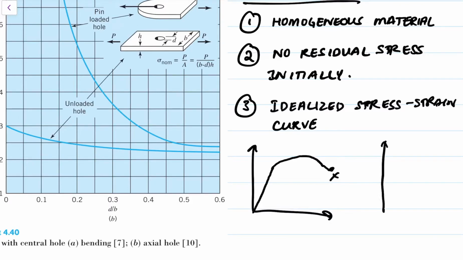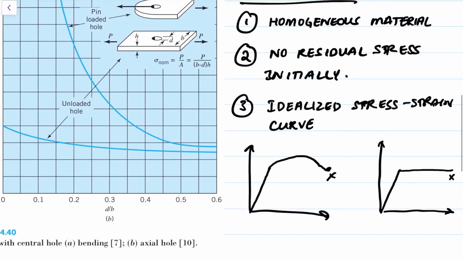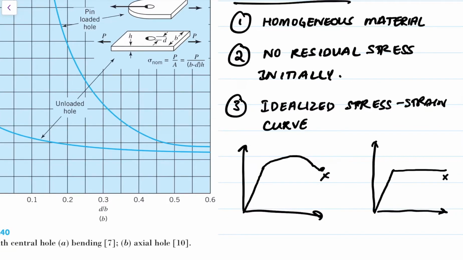And what we're going to assume is an idealized stress strain curve such that it's going to have the same elastic behavior, and then it's going to be a constant value until it fractures. So what this basically says is that if I pass the yield strength, my material is going to break. And when I say break, I mean yield to a point where you lose contact, and that's going to be this X over here. So any force that gives rise to a stress that exceeds the yield strength is going to end up in some sort of